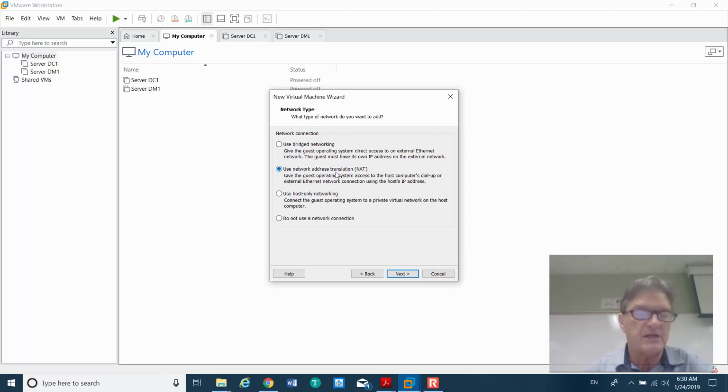Every computer will be connected on a network. So VMware, automatically when you start it, by default creates a network for you. It actually creates several networks for you. There's a bridge network that already exists in VMware. Use a network address. It's already created for you. There's host only network. And then do not use network connection. We'll leave the default, but we will be changing it afterwards, which I'll teach you. So if I say next,